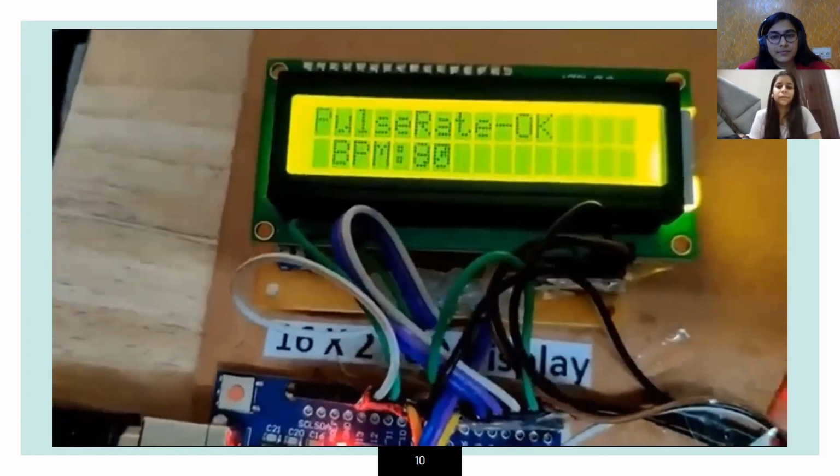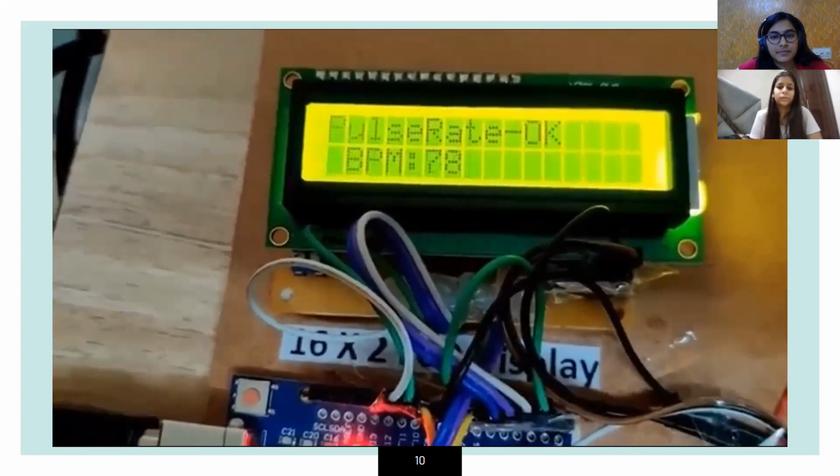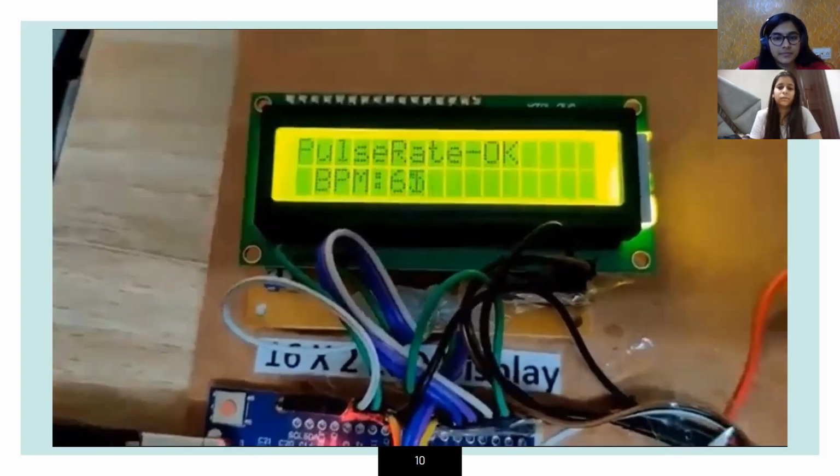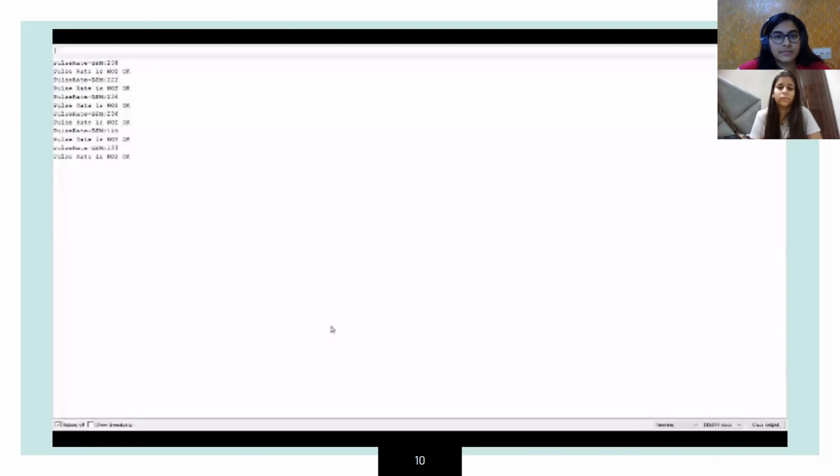So the same values will be displayed on our serial monitor. As we can see, the various values were displayed in the hardware on the LCD monitor. The same values get displayed continuously on the serial monitor.